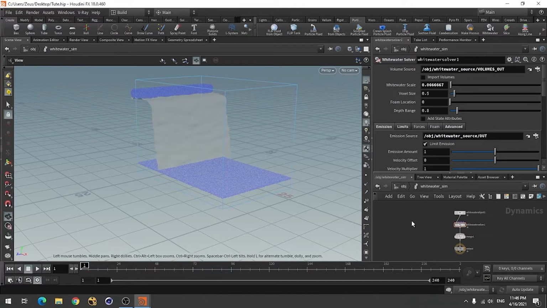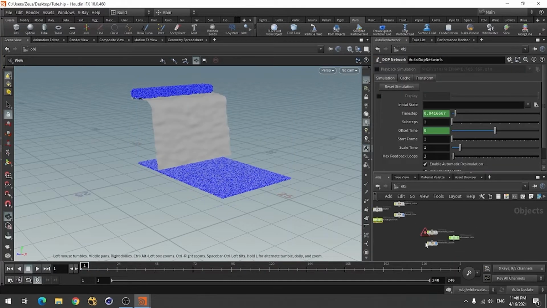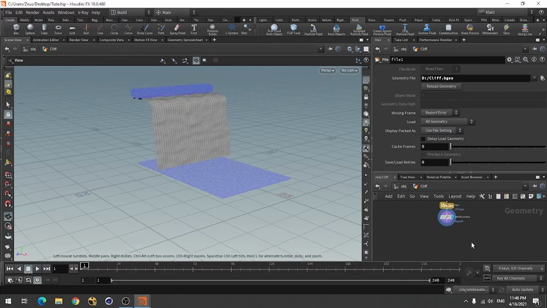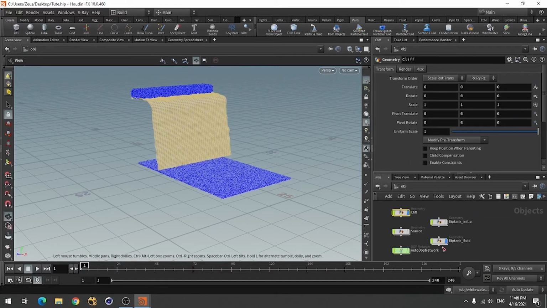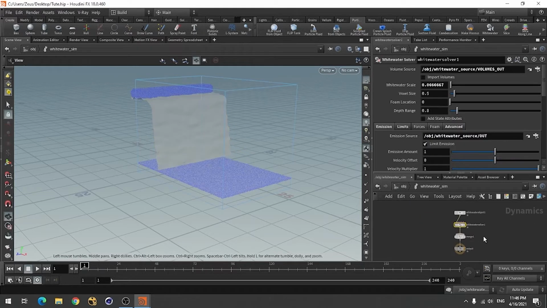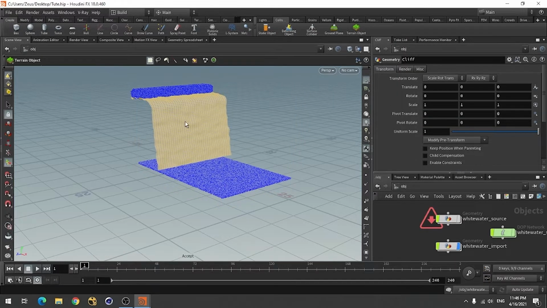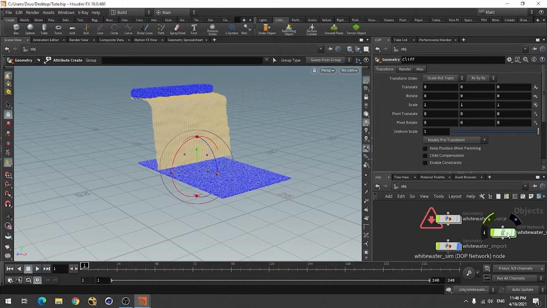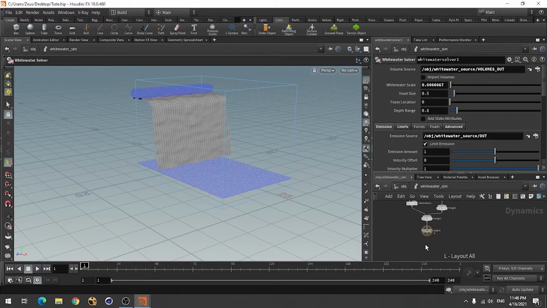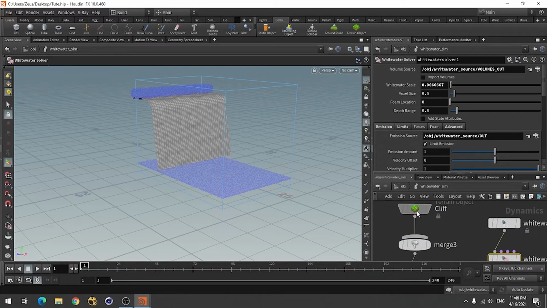Okay, in here we also need this cliff object. So again just go to cliff and select this upper value, and in the white water simulation just select collision, again select terrain, select, enter,